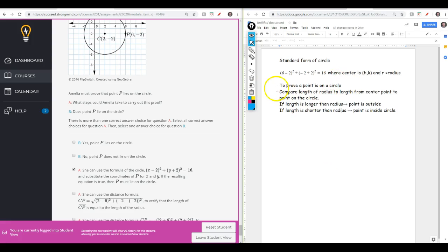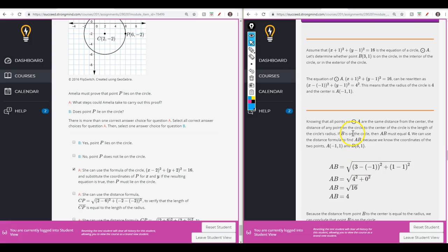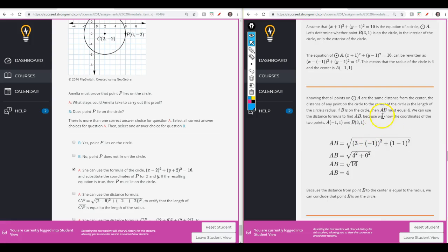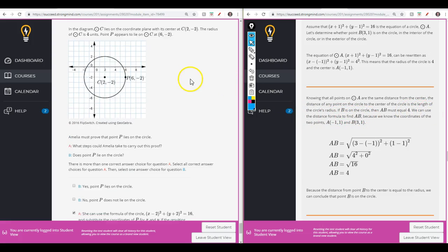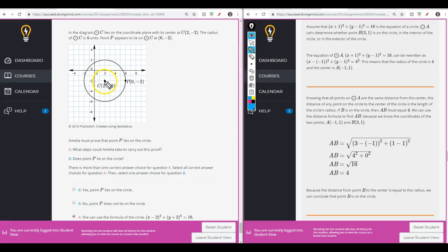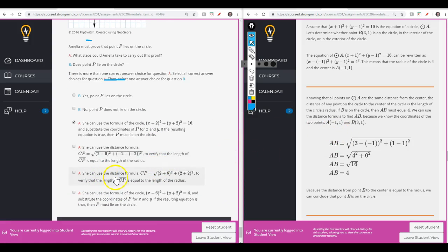I had taken kind of cliff notes. So there's another way: if point P is on the circle, then the distance of CP must equal 4. We can use the distance formula to find it. If this point lies on our circle, then the distance of CP has to equal the radius, which is 4. So she can use the distance formula of CP is equal to, so now we've got to figure out what the distance formula is